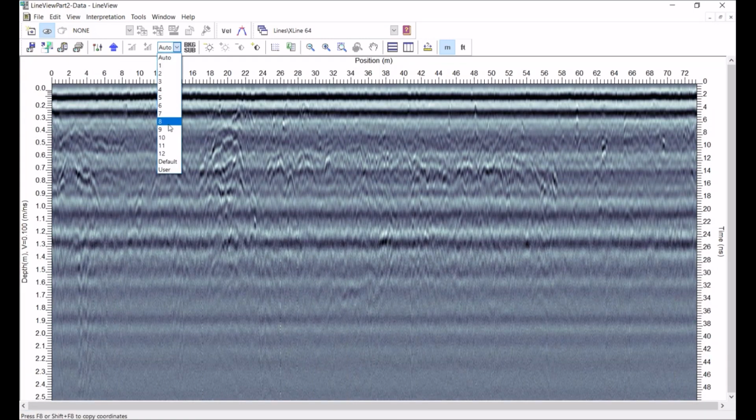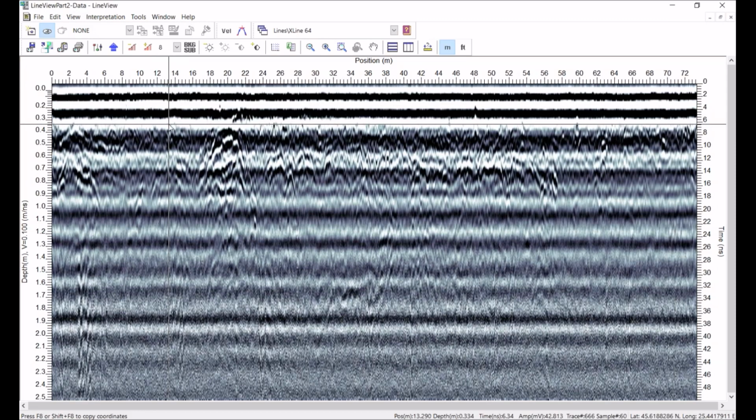I'm not going to spend too long. I'm going to say, yeah, you know what, 8, not bad. Let's go with 8. Now, I look at this data and I see that there's constant bands, these horizontal bands,